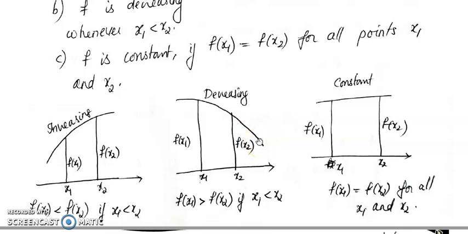ഇനി അതുപോലെ കോൺസ്റ്റന്റ് ആവുന്ന കേസിൽ x1 ഉം x2 ഉം രണ്ട് ഫങ്ഷൻസ് എടുക്കുക. സോ f of x1 must be equal to f of x2 for all x1 and x2 there on that given interval. So constant ആവുന്ന കേസിൽ രണ്ടും ഈക്വൽ ആയിരിക്കും. So that is the idea of increasing and decreasing function. Now,